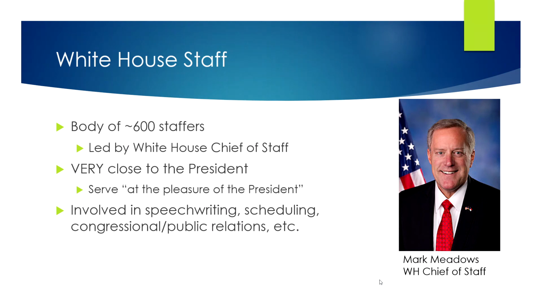The head of the White House staff is the chief of staff. Early forms of this particular office were called something like secretary to the president or assistant to the president, right? So it's somebody who's very, very close to the president in terms of like institutional organization.